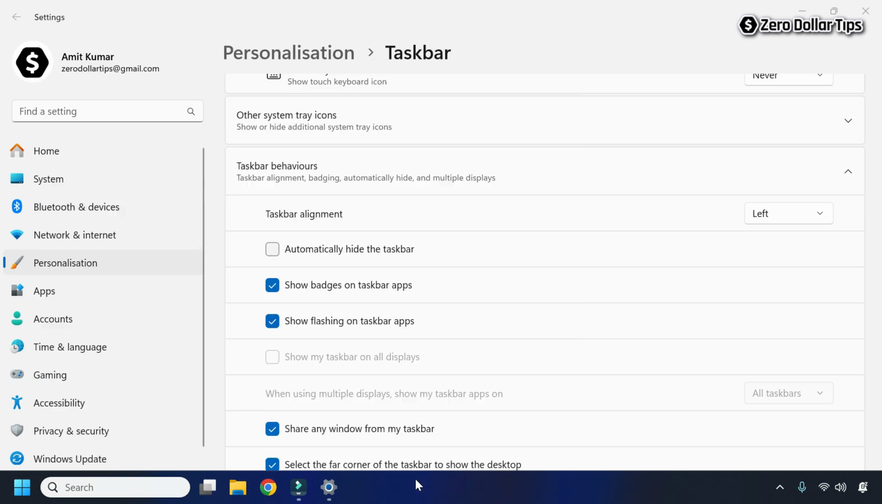So from the taskbar alignment option, you can decide where you want to keep your taskbar, either in the left or in the center. You can choose it from here. So that's it guys. This is how you can easily move the taskbar from center to left side of the